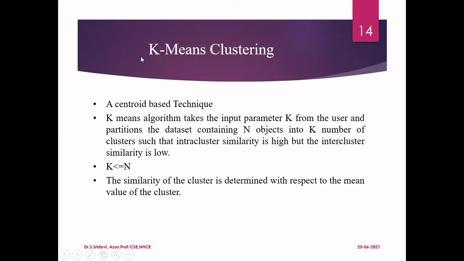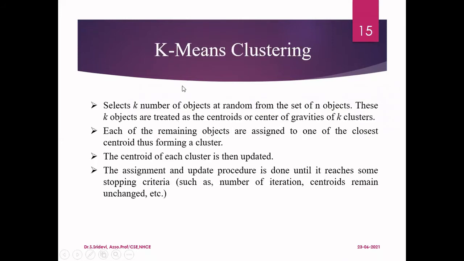We are going to divide the data set into K clusters, and for that we are going to compute the metrics as means. And here we are going to select K number of objects at random from the set of n data objects given to you. So initially I'll give you a data set which contains n objects. I told you that you have to form K clusters. You don't know what is the centroid for the cluster. So initially you will be selecting K number of objects at random from the set of n objects. And these K objects you have selected will be treated as centroids.